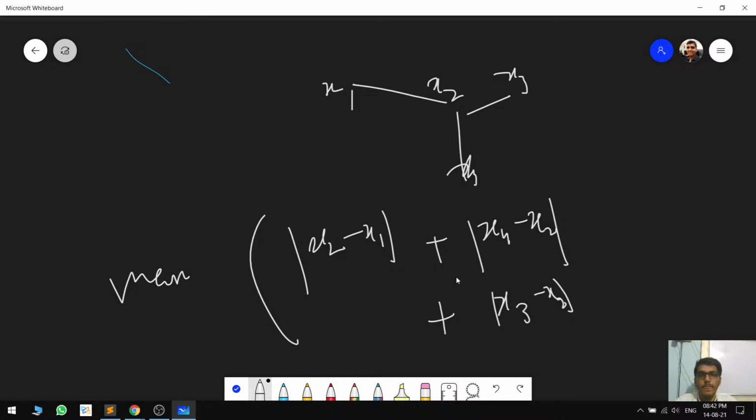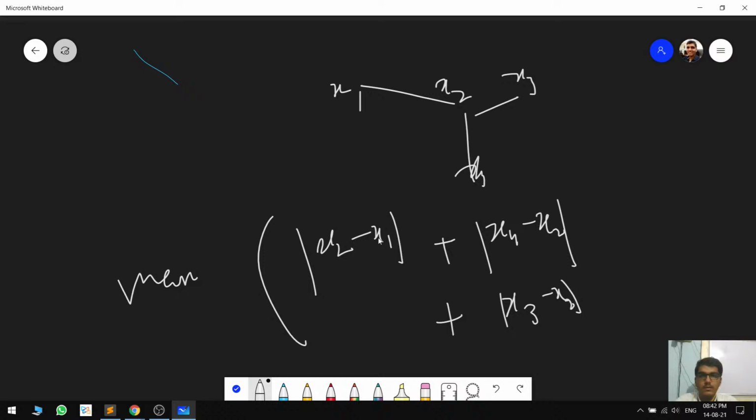So when this will be maximum, so we have X1, X2, and X2, X4, and X3, and X1, X2, and X2. So I need to minimize X2 and maximize X2. Okay, sorry. So I don't know, no? Because this is a mod, so it can be X1 minus X2 as well. So this is, or let's just take it like